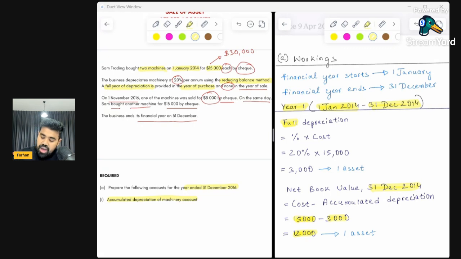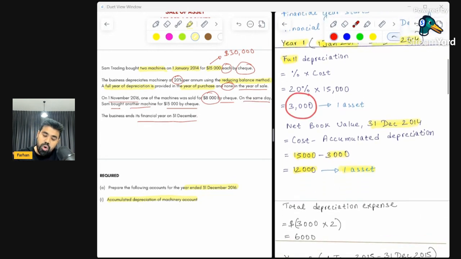Again, this is only valid for one asset, okay? So let's calculate these numbers for two assets. Since we know the depreciation for one asset is $3,000, and given that both these assets were purchased on the same date of 1 January 2014, and each of these assets also costed the same $15,000, and each of these assets are to be depreciated using the reducing balance method at 20% per annum, what we can do now is